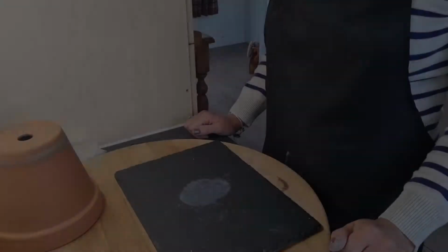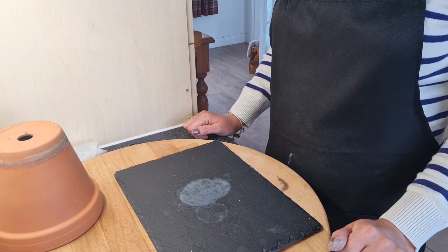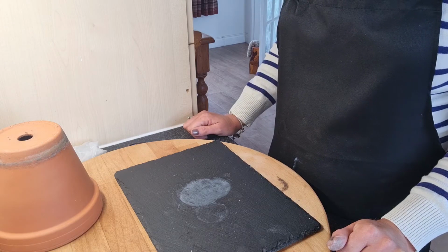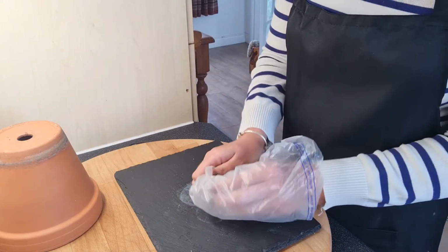There are many different materials you can use to make the fairy house for your fairy garden. You can use a bottle, a tin can, or wood to make your house. I'm going to use a plant pot. Okay, so the first thing I need to do for the fairy house is make the fairy door to fix to the side of the plant pot. So I'm going to take some air dry clay,